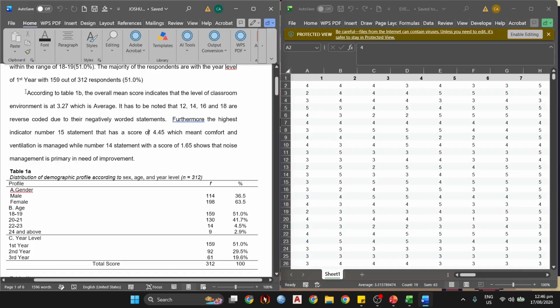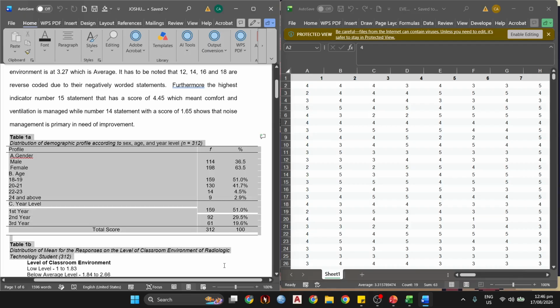So this is the main advantage of textual. It explains a lot of your other information that would not be highlighted by your table. So that's another data presentation that we use, that is tabular presentation.